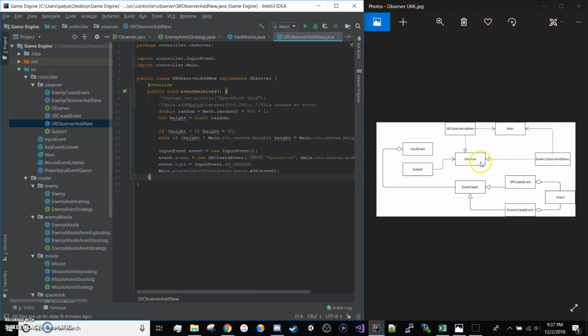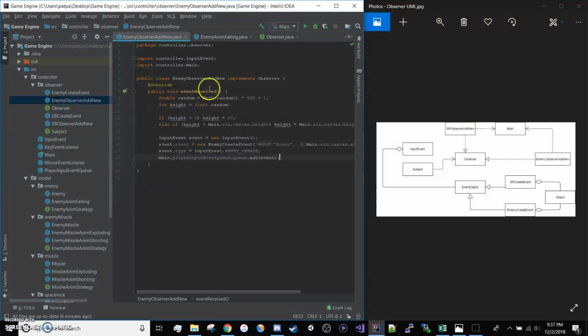They both implement observer, as you can see here. The subject here uses observer. Input event owns an instance of event object. SR create event and enemy create event both own an object, and they both implement event object. So I'll go show that here quick. SR observer add new, enemy observer add new. They both use main right here